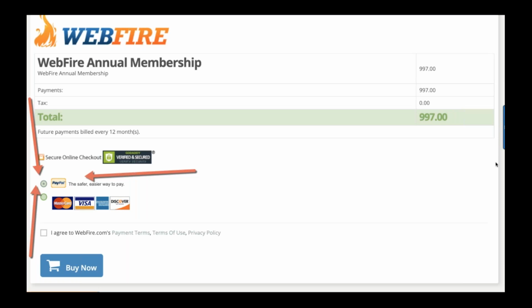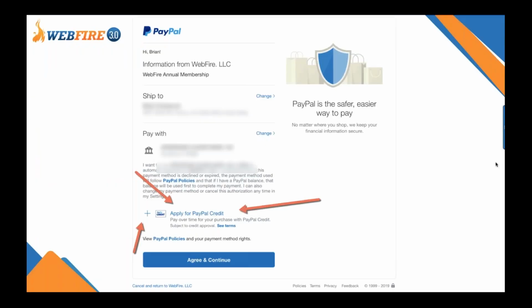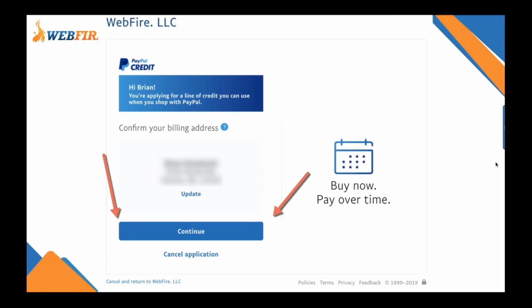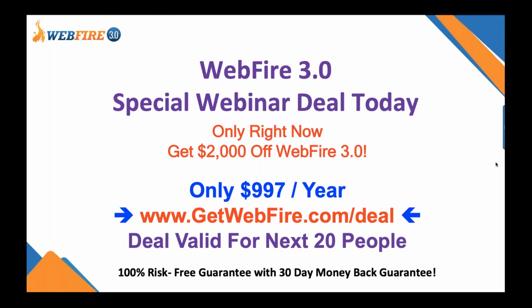If you click on PayPal, like you see right here on the screenshot where all the red arrows are, you'll go to a screen like this, and at the bottom of the screen you'll see a little link that says apply for PayPal credit. If you click on that, it will take you to a screen like this right here, and you just click continue, and that's how you would do that. So pretty easy to do right there.